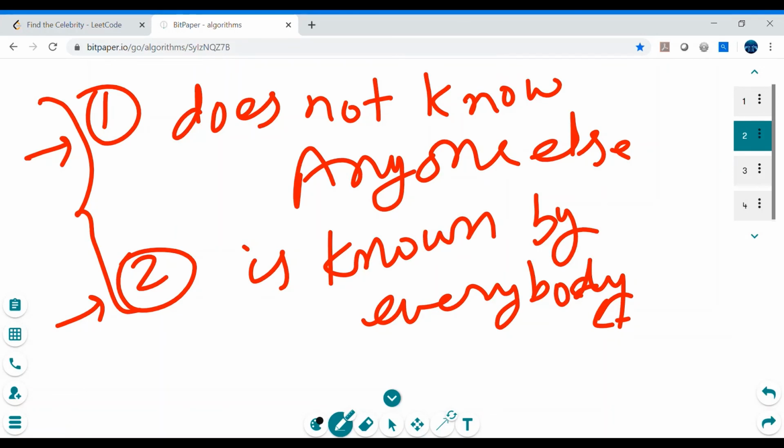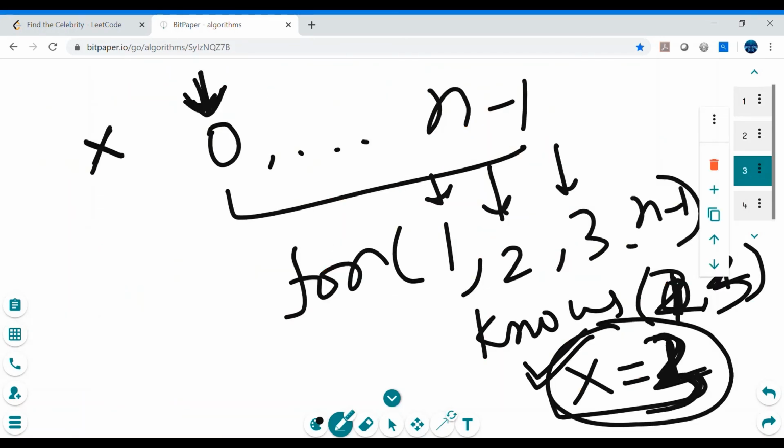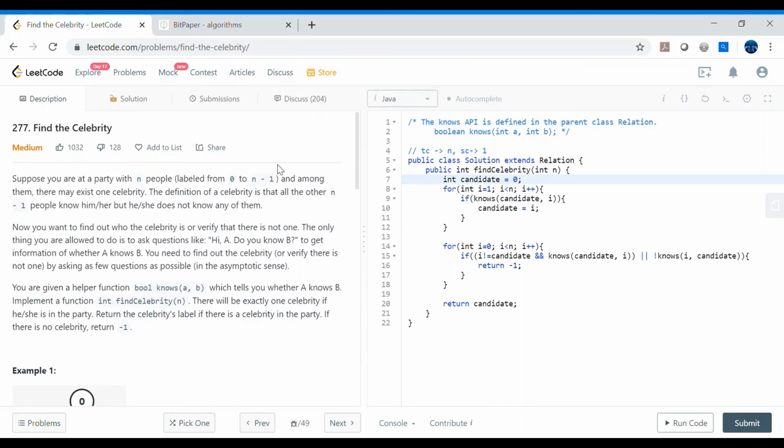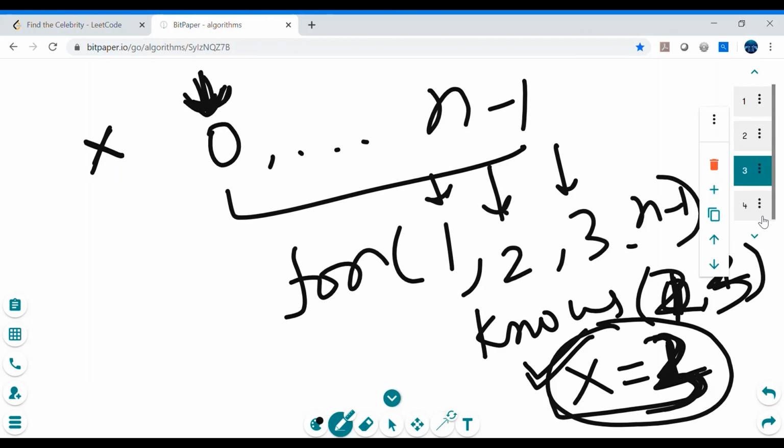Now for the implementation part, we don't need to directly jump to how we will calculate the celebrity, but we will do it on an assumption basis. We will assume that the very first element is a celebrity. So let's walk through the code. Let's say in this example we have been given all the numbers from 0 to n-1. So we will say that okay, 0 might be the candidate, and then from 1 till n-1, we